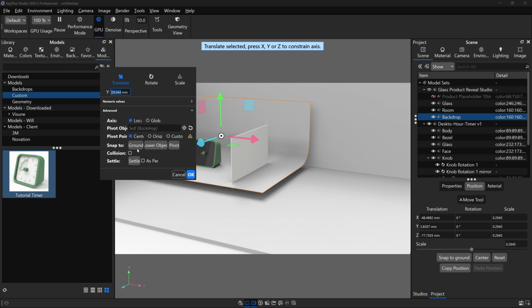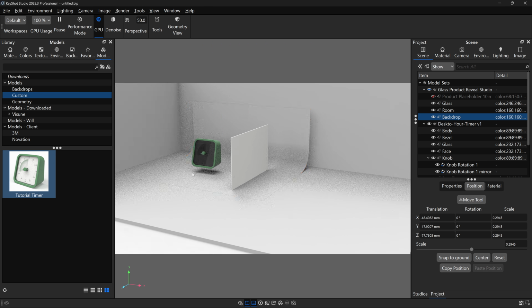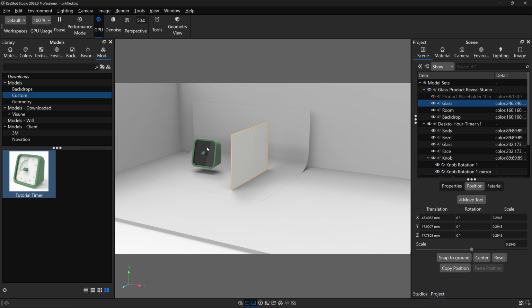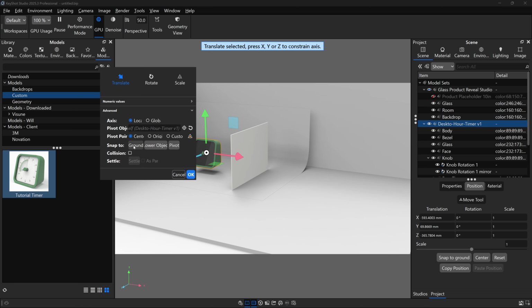I'll lift it up and then hit Snap to Lower Object, which will place it right on the ground within our room. And I'm going to do the same thing for our piece of glass. Just bring it up and hit Snap to Lower Object. And of course, our desktop timer is also floating. So in the scene tree, I'm going to click on that and I'll hit Control D and I'll hit Snap